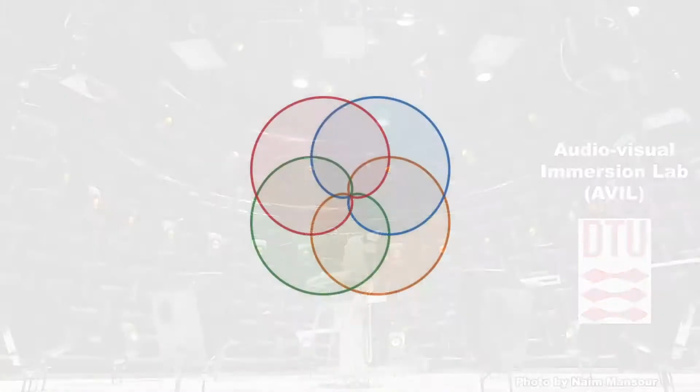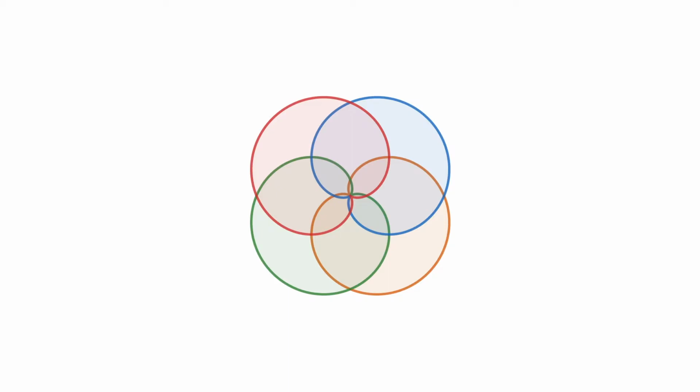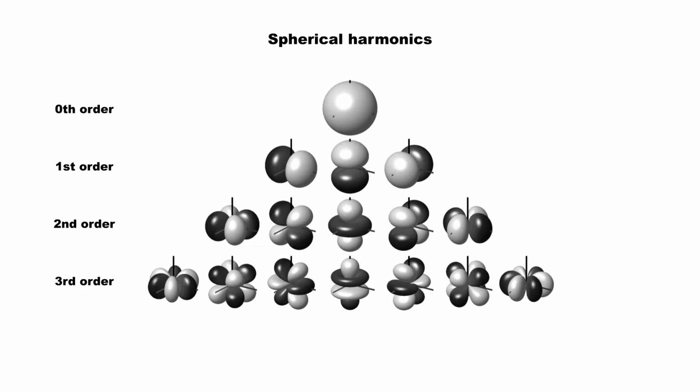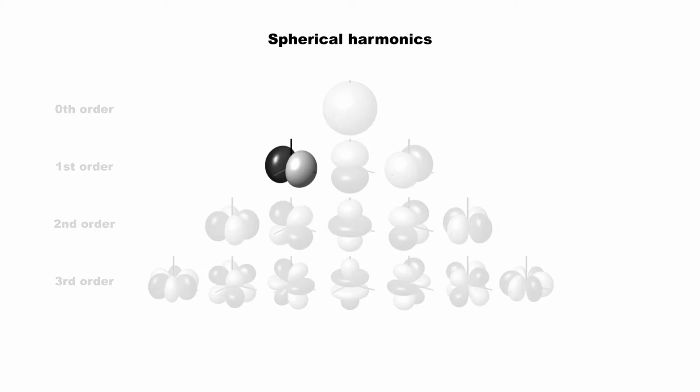Now, we will explain the mathematical principles of ambisonics. Ambisonics is based on the concept of spherical harmonics, which in this case can be considered as a set of three-dimensional orthogonal polar patterns. The black lobes represent inverted polarity. Though, what does orthogonal mean in this context? Here, it means that each spherical harmonic represents a unique directional characteristic of the sound field, which is independent of the directional characteristics described by any of the other harmonics.